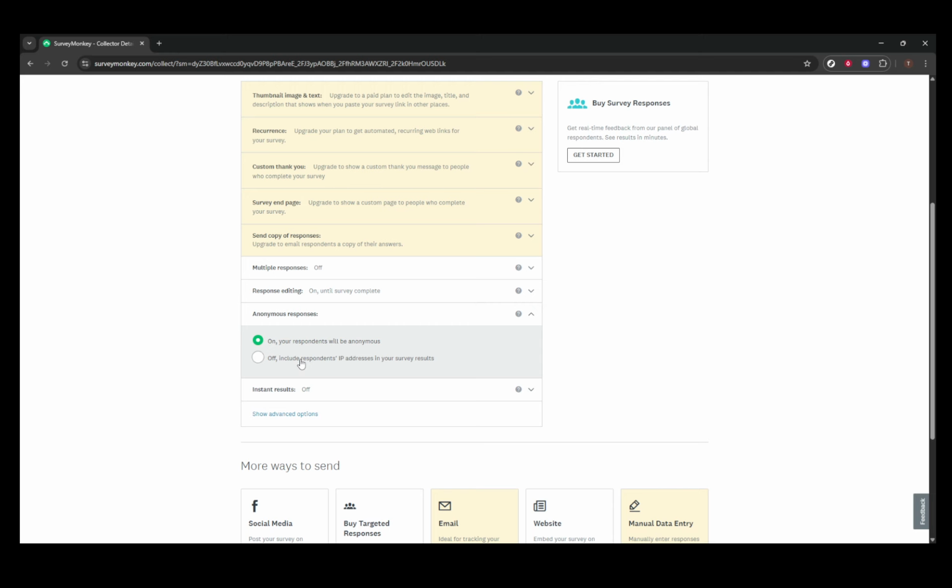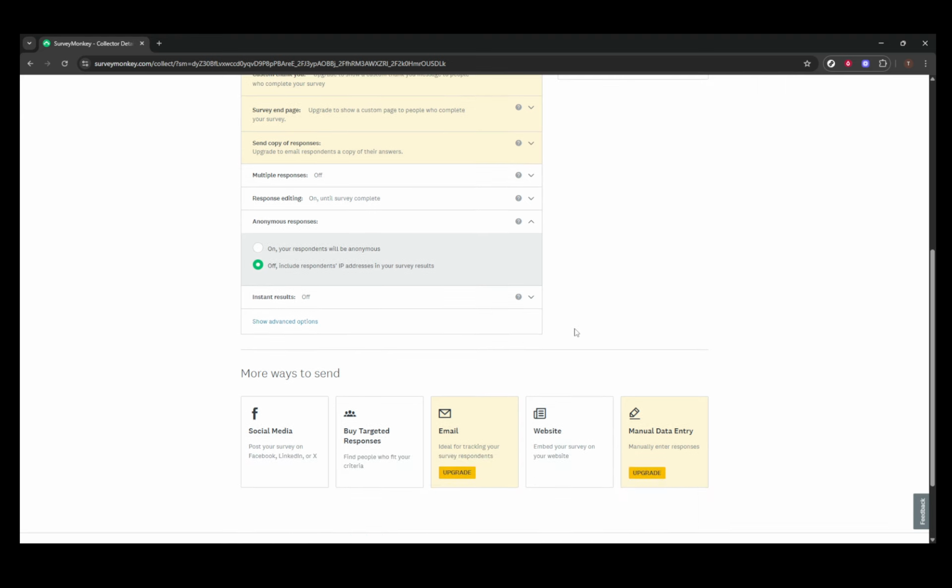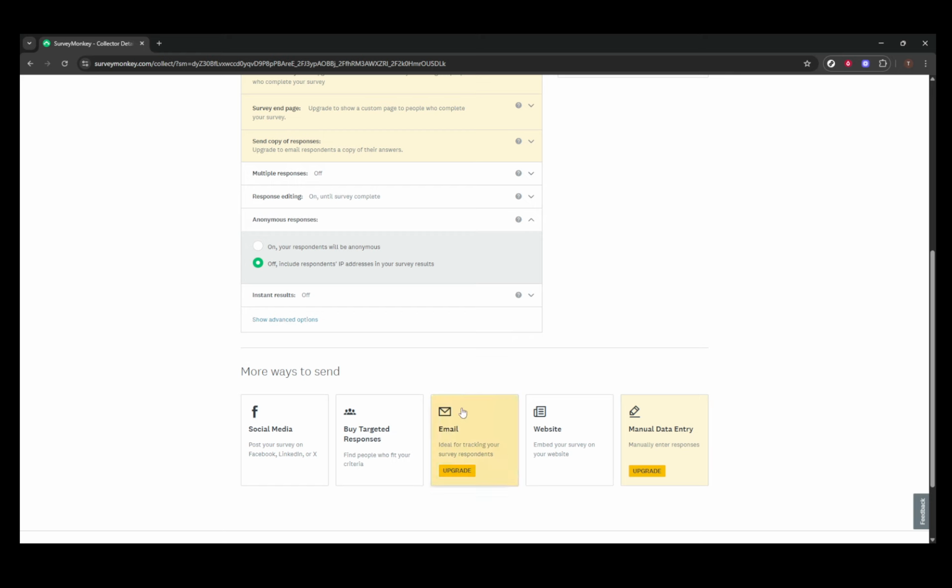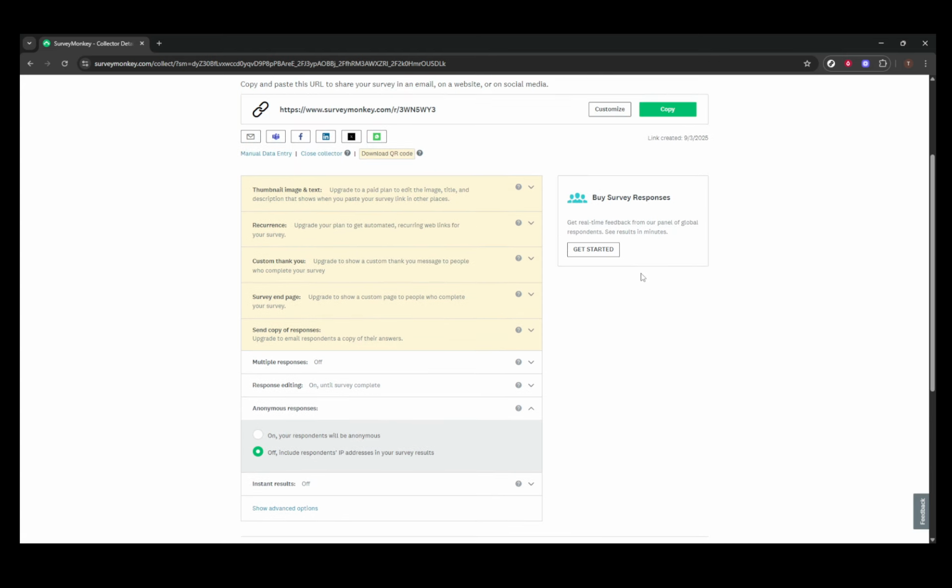However, depending on the type of collector, such as email invitation or web link, you may have additional choices to consider. If you're using email invitations, setting it to Not Anonymous will record email addresses, names, and IP addresses, as well as any custom data you might be sending along. On the other hand, there's an option for partially anonymous settings, which will collect custom data while excluding email addresses, names, and IPs. So, if you're more concerned with privacy but still need some identifiable data, this might be a